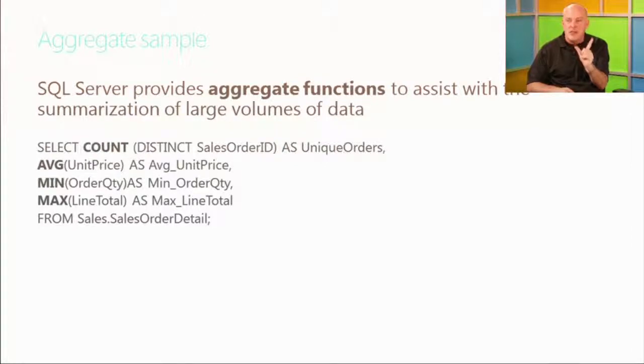That's that unique sales order ID. Then, by the way, for that sales order, I want the average unit price. Not for that sales order. In addition to the sales orders, I want an average unit price. I want to know the minimum order quantity that was ordered in any of the items in that sales order